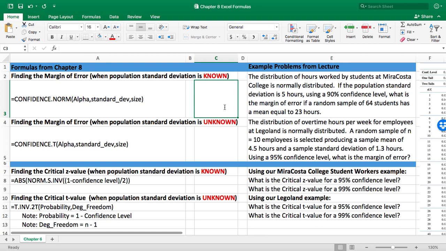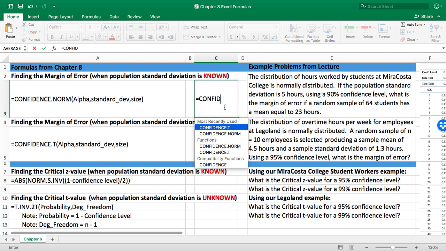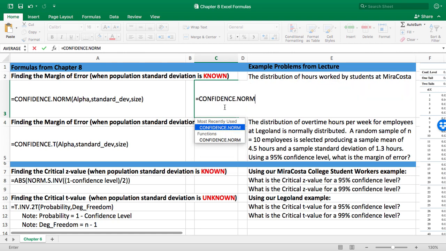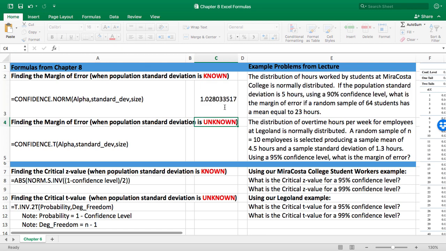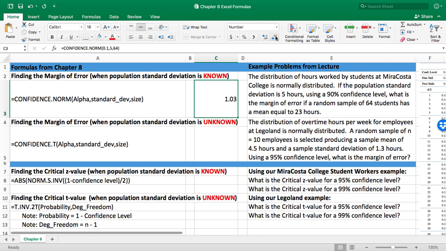we'll type in equals confidence.norm, and since we want to know the 90% confidence level, to find the alpha, it's 1 minus 90%, or 1 minus 0.9, so the alpha is 0.10, comma, the standard deviation was 5 hours, and our sample size was 64 students. We'll close the parentheses, hit enter, and if I round out my number, we get the same answer